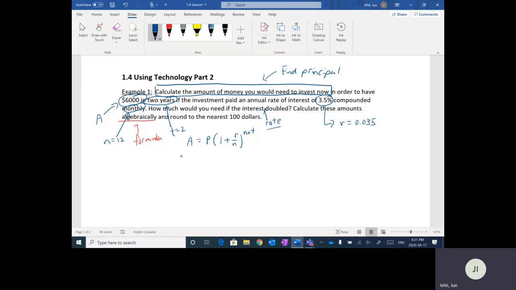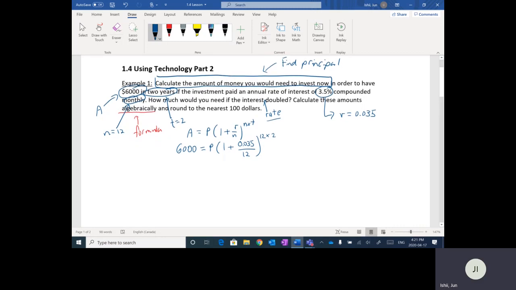So A is 6,000, and we're solving for the principal. 1 plus the rate r, which is 0.035, and n is 12, since it's compounded monthly. Up here we have n times t, so 12 times 2 years, since t is 2. Subbing in the information we have, this is the formula that we get. We want to solve for P, so to work this out,